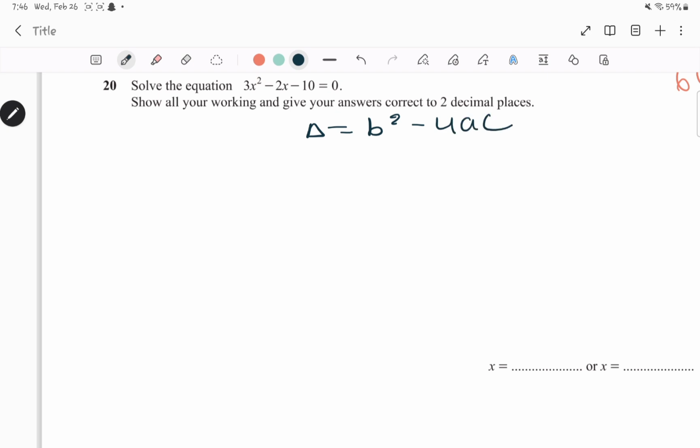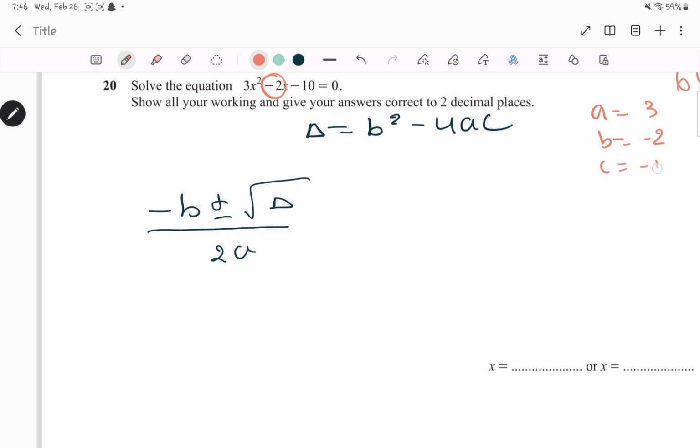And to find the roots, it is minus b plus or minus radical discriminant over 2a. So over here, our b is minus 2. Let's just write that: a is 3, b is minus 2, and c is minus 10. So x, which is the first root, x1, let's say, is equal to minus 2 plus or minus